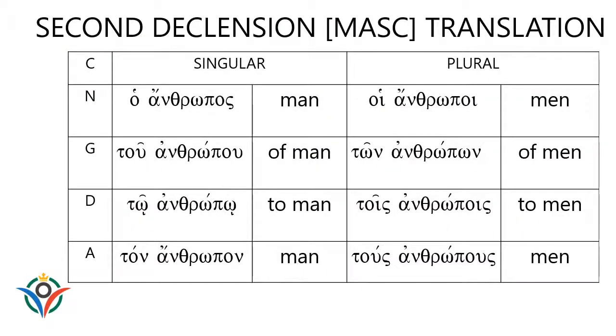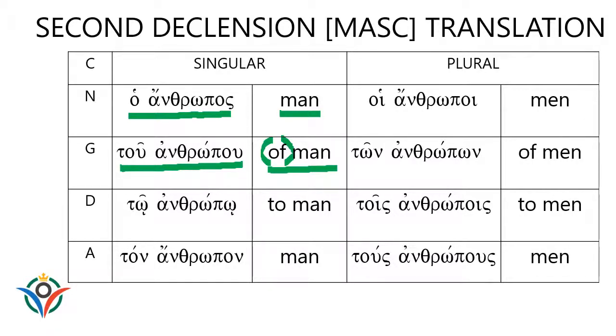Now that you are familiar with the articles and the nouns in their various cases, let's take a look at how we would translate each one. All right, so the nominative singular, ho anthropos, is translated as man. The genitive singular, tou anthropou, is translated of man, and we add in the of in English to indicate the